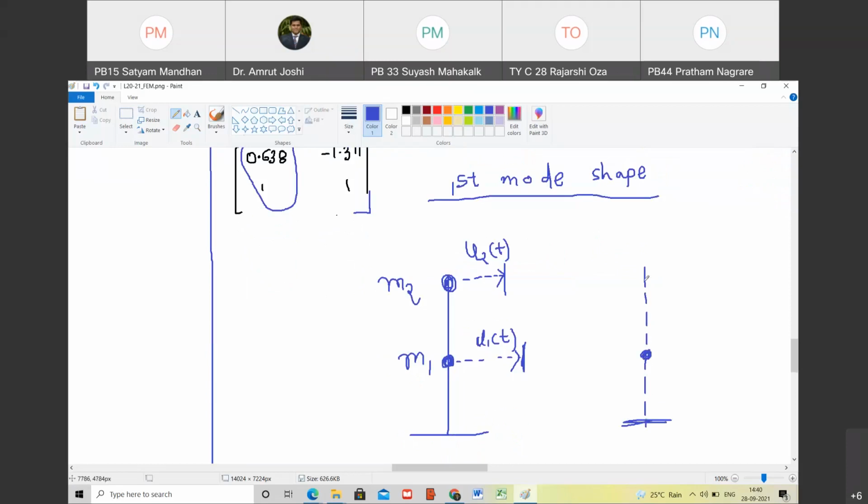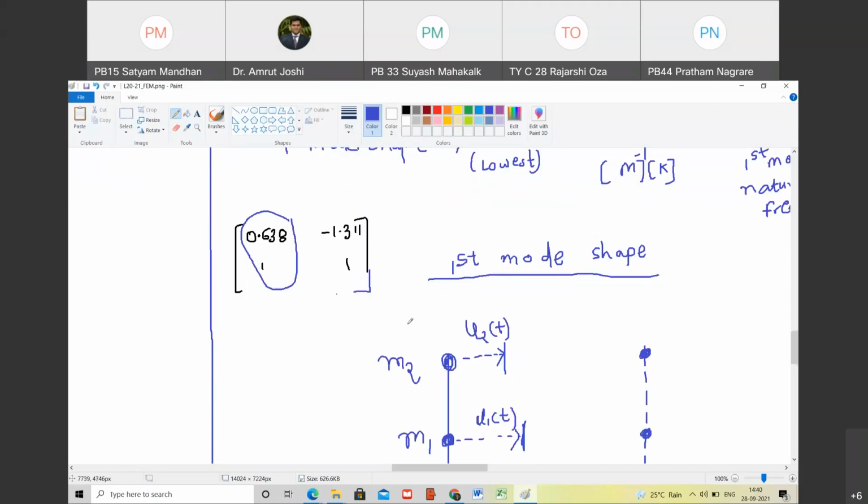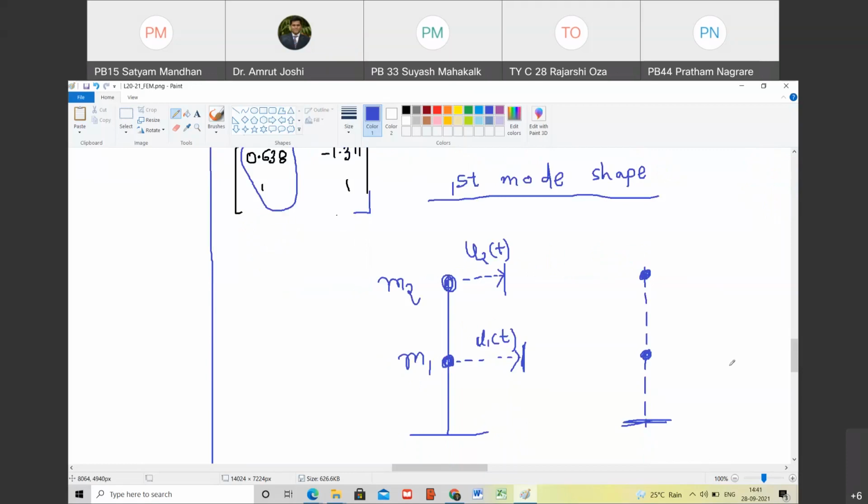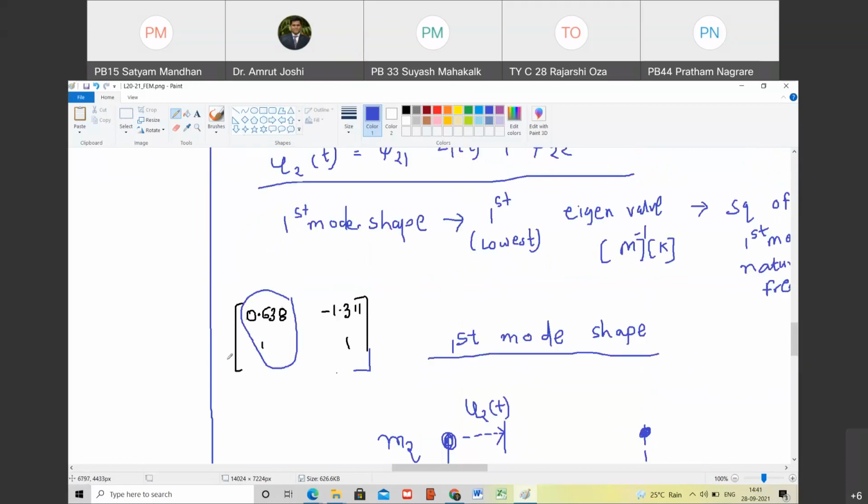तो अब जरा यहाँ पे ध्यान दो. This was the mean position of m1. This was the mean position of m2. From this, I will move m1 towards right by amount 0.638 units. Are you with me? Right, sir. That can be meter, kilometer, megameter, nanometer, whatever it is. I'm just saying units. Happy? Yes, sir. So I have moved this mass towards right by how many units? 0.638 units. And I will move the second mass by 1 unit.